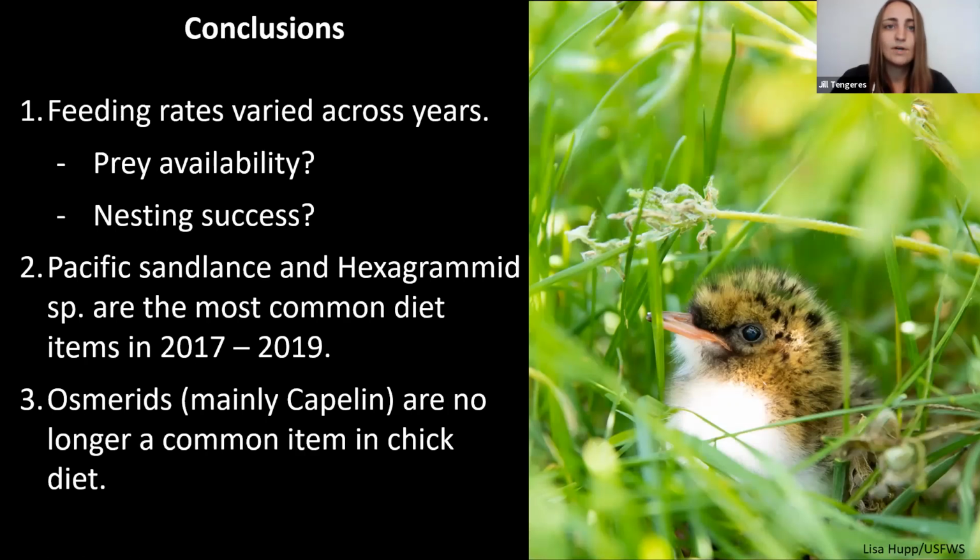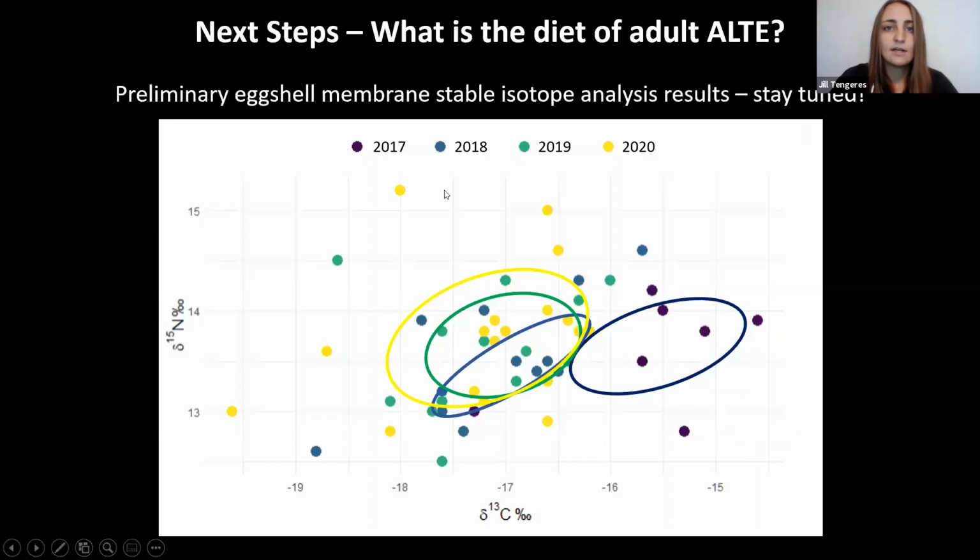So before I conclude, I would just like to give a little preview of some other work and some next steps concerning tern diet. Another part of my thesis research is looking into the pre-lay diet of female terns using stable isotope analysis of eggshell membranes. I just got my first batch of preliminary data back, and I thought I would share it briefly